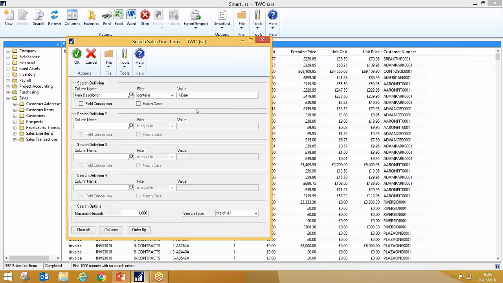I'm not going to spell out the whole name, I'm just going to use CAM. I'm not sure how it might be formatted within the item description string. I can put a percentage in the middle, so any number of characters between that and the letters MAC, and percentage. So show me anywhere within the system where the sales line item description contains the word CAM and the word MC. If I click OK,